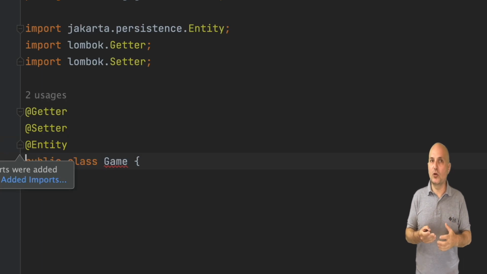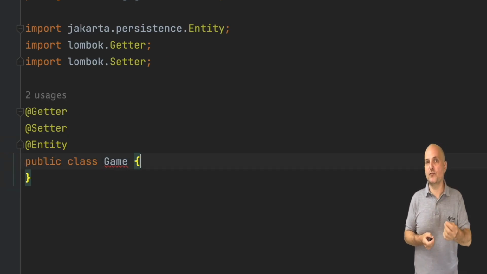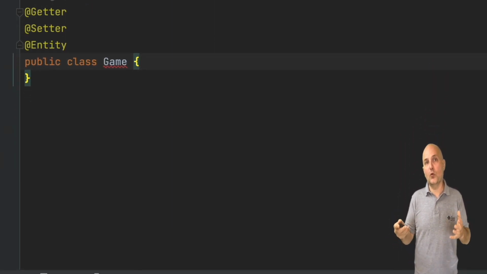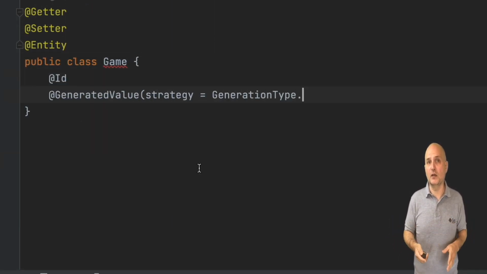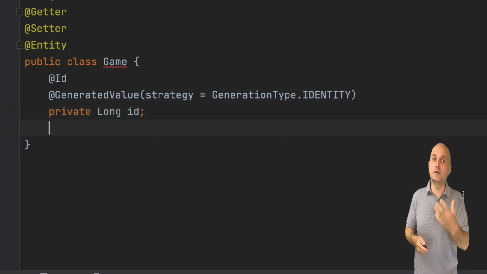In this new class, I can paste the annotation from the web user class, since this is also an entity. Here we also create a long primary key, but this time we define a different generation strategy. There are several ways to define a database-generated primary key in Java. The default generation type that we had in web user was auto. Auto uses a separate sequence table where identity uses an SQL auto increment column like we used in the SQL